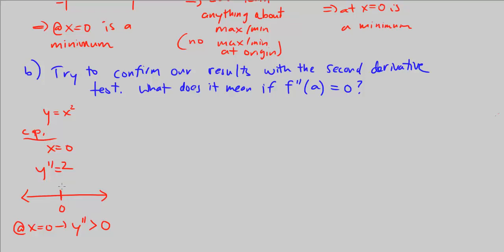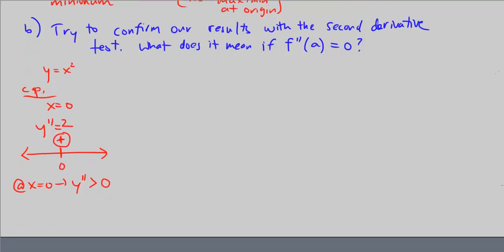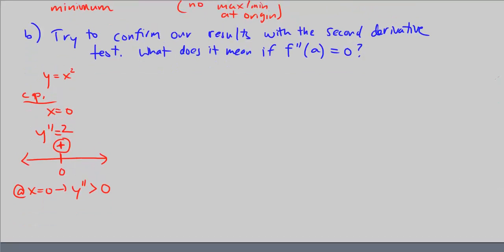So y double prime is positive here. What does it mean when double prime is positive? That means our function is concave up, and that means 0 here is a minimum. So we've discovered using the second derivative, or we confirmed, that at x equals 0 we have a minimum,